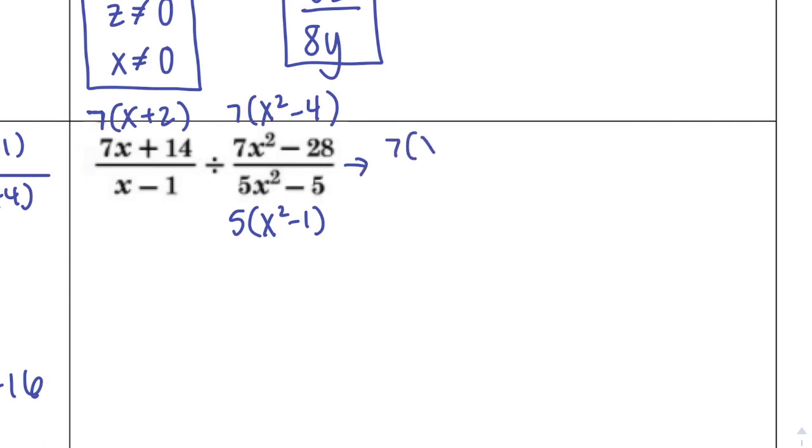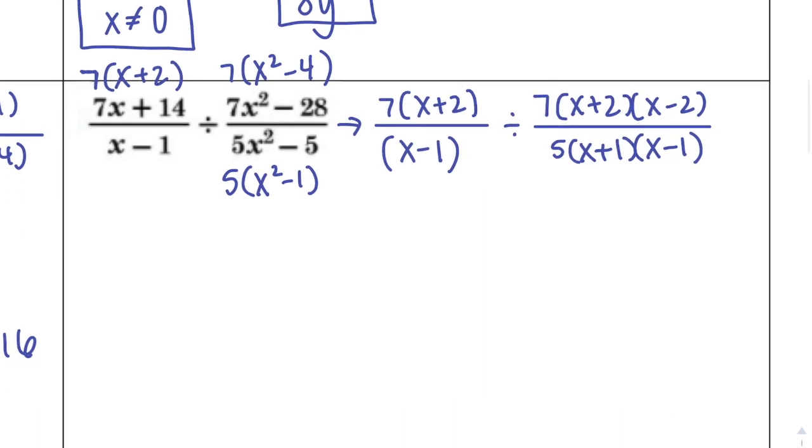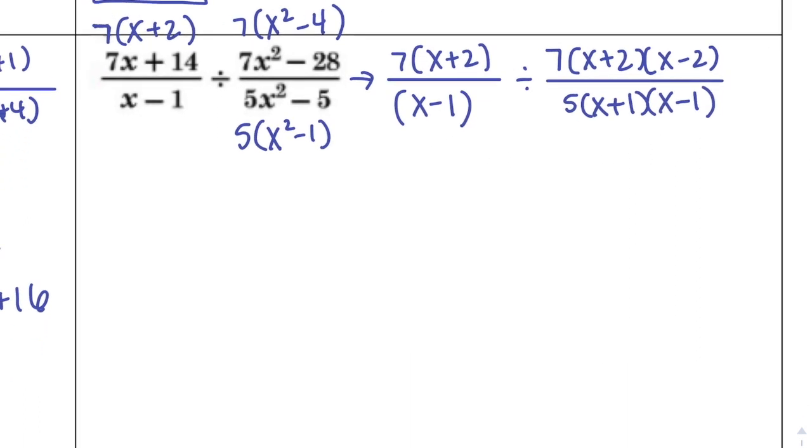So I have 7 times x plus 2 over x minus 1 divided by 7 times x plus 2 times x minus 2. Those difference of squares are really popular ones because people will stop too soon, but if you can keep going, keep going. All over 5 times x plus 1, x minus 1. Because remember that 1 is a perfect square. Okay, state my restrictions, and remember that I'm going to flip this. If you're dividing,